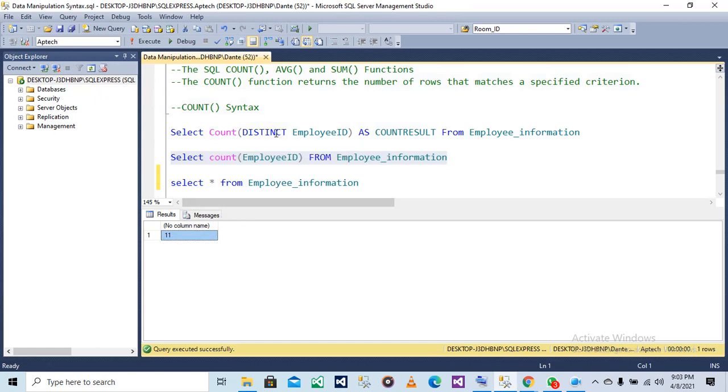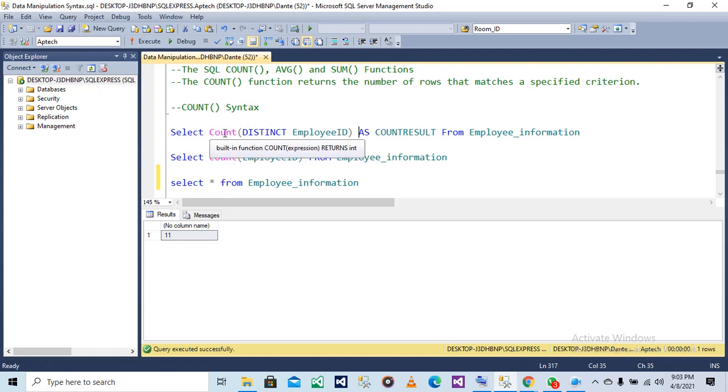So I'm using the count with distinct. Select count distinct employee ID as count results from employee information. So now this is having so many keywords. We have the count keyword, we have distinct, we have as. So I'll explain it for you. Select count distinct employee ID.